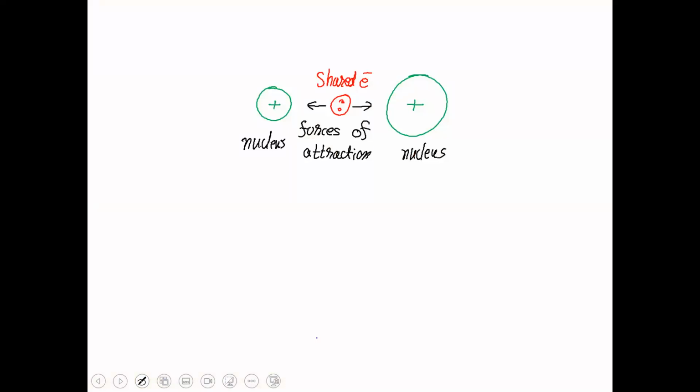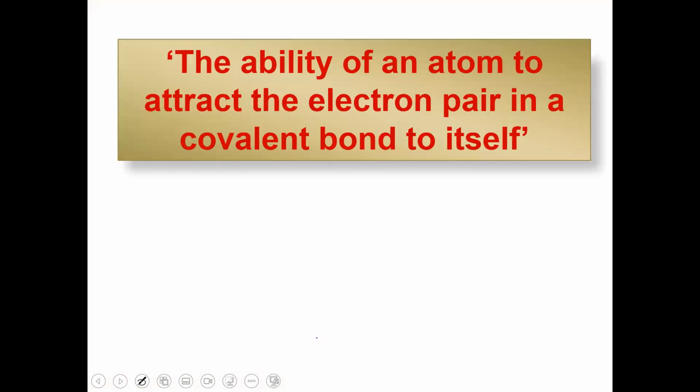Electronegativity concept is now first to be discussed. When a covalent bond is formed, there is a shared pair of electrons. This electron pair is being shared by both the nuclei. This is the main core idea of a covalent bond. Now, that ability of an atom to attract the electron pair in a covalent bond to itself